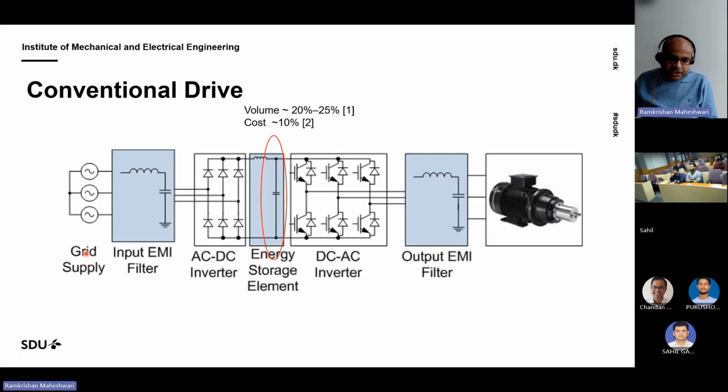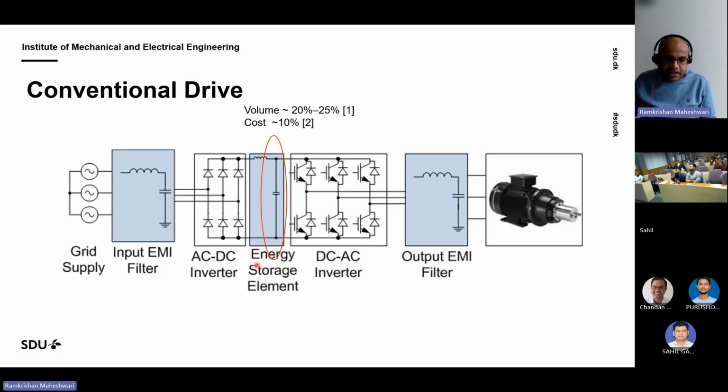This is a conventional drive. So we have a front end rectifier. Then we have some energy storage element. Then we have a DC to AC inverter, which is feeding the electric machine. If you look at this system, there are various places where you will see inductor and capacitor. This is typically optional. Most of the drives do not have this output filter. However,